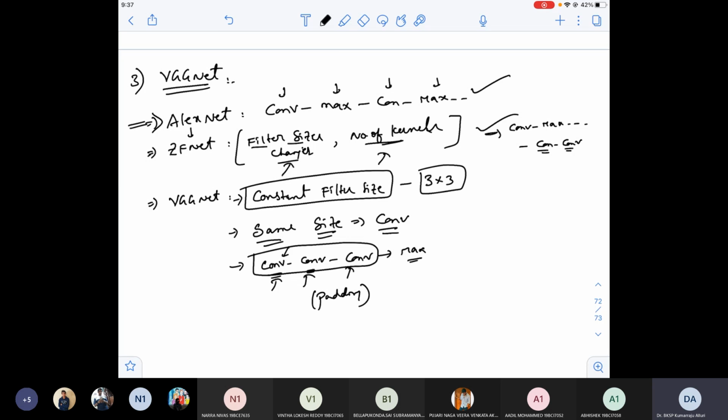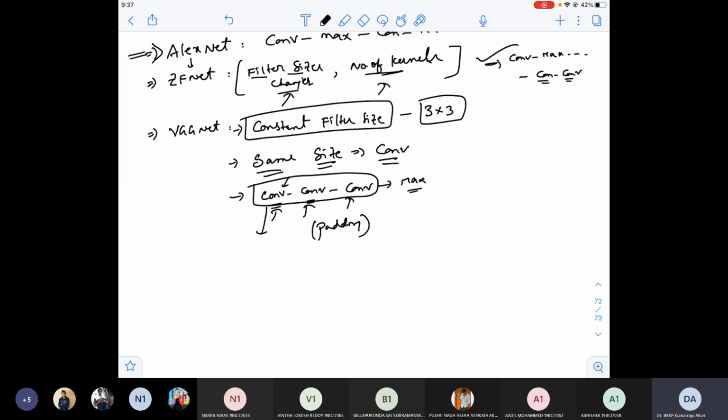How they ensured equal width. For example, after applying this convolution, the output width is 28 cross 28. Again, after you apply convolution, the width and height will reduce, but they ensured that the necessary padding is added to ensure the same width and height. Again, they added the necessary padded bits here, and they got the same output size, this 28 cross 28. So that precaution they have taken.